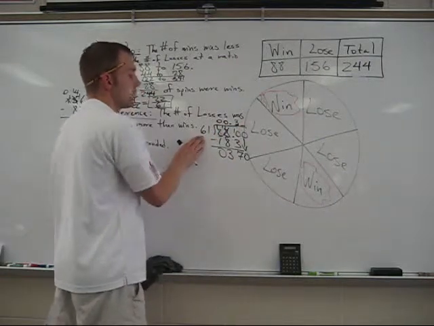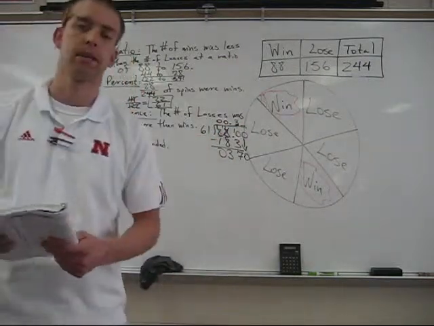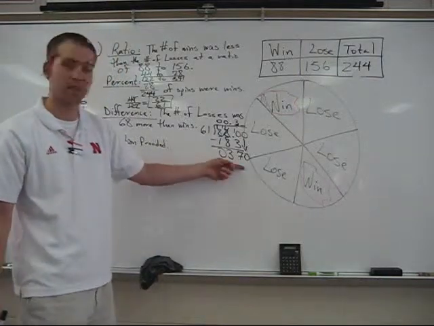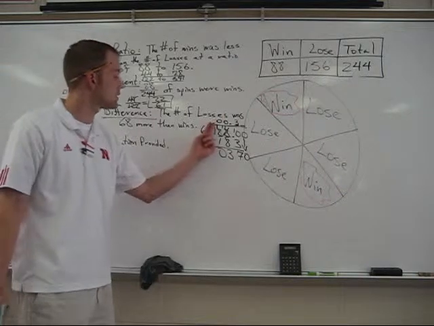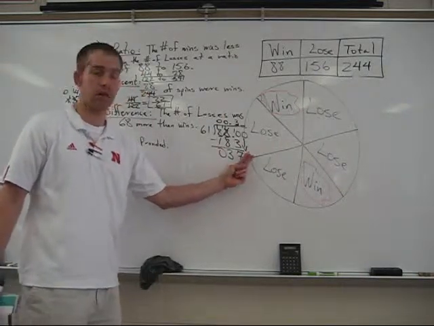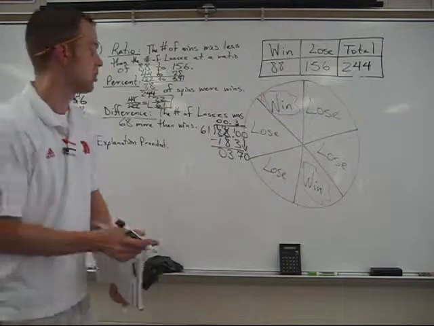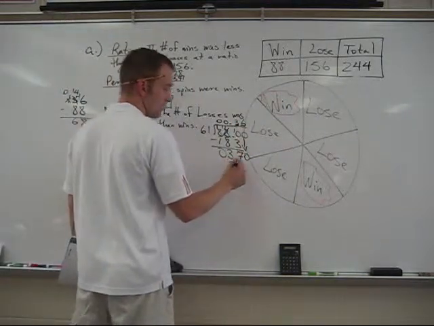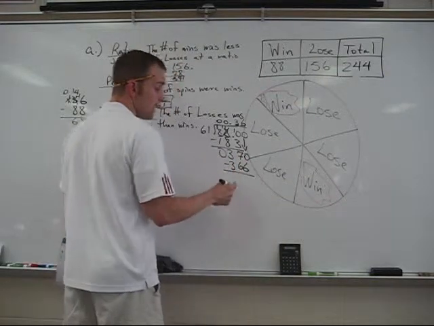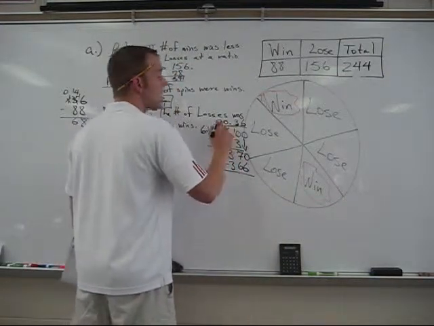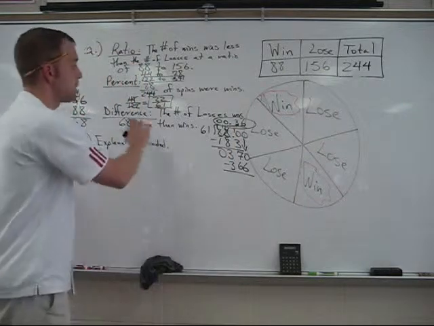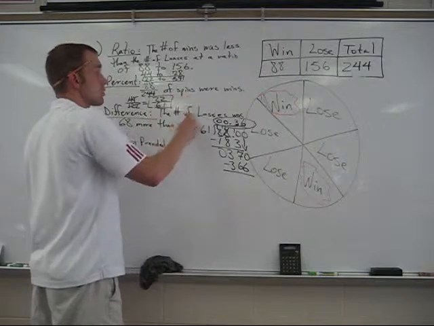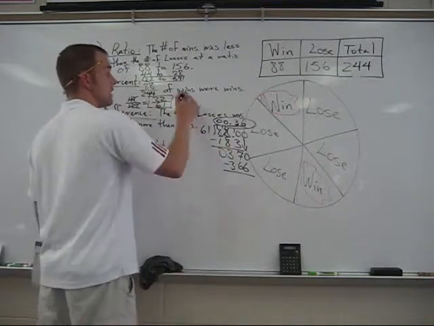I say, well, how many times would 61 go into 370? Okay, well, let's say this is a benchmark, 60. How many times would 60 go into 370? It's kind of like asking how many times would 6 go into 37. Well, I know 6 times 6 is 36. So we'll put a 6 up here. Besides the point here, 6 times 61 would be 366, and I know that it fits in. But that's besides the point. Now I've got enough evidence to support that this would be about 36%. So instead of saying 88 244ths of the spins were wins, what we were looking to do was to say that about